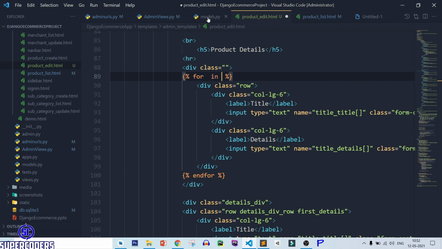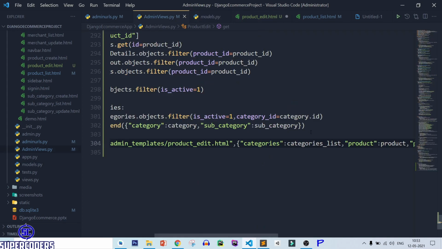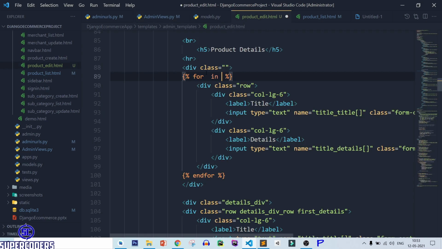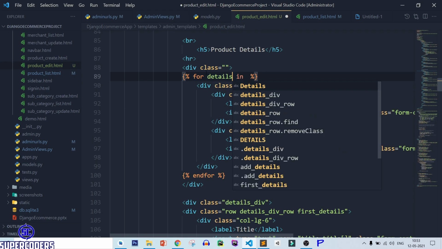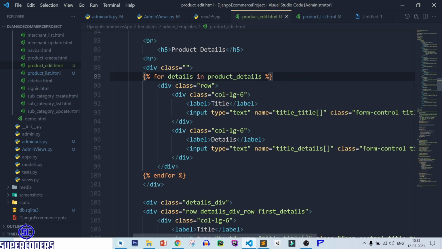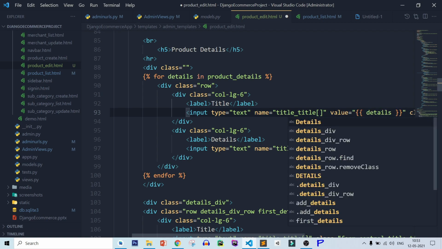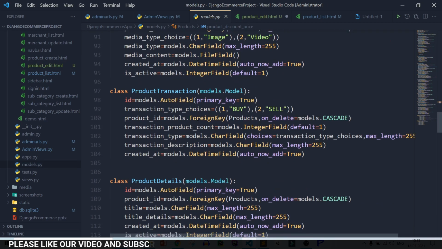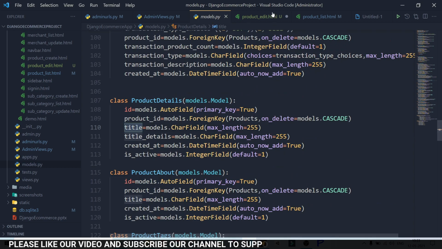So let's see, we are passing the product details in product details variable. So details in product details. After that value equal to details dot, let's see, product details, which is title.